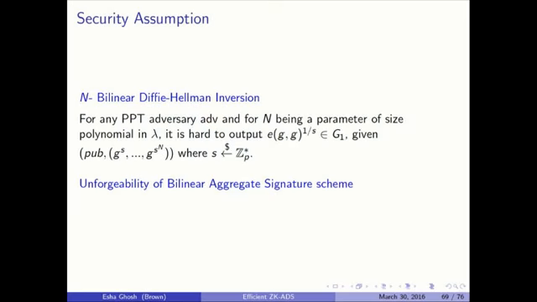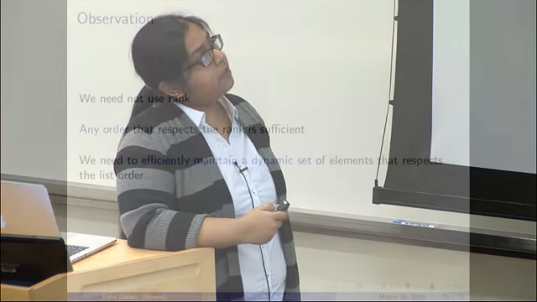And the proof is based on the bilinear Diffie-Hellman inversion assumption. The intuition is that if the server had to cheat, it would have to compute g raised to the 1 over s, and therefore it cannot cheat while computing the order witness. Of course, there is also the unforgeability of the signature along with that. And finally,